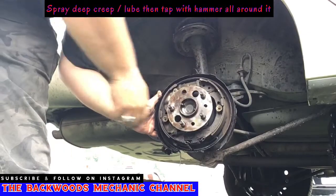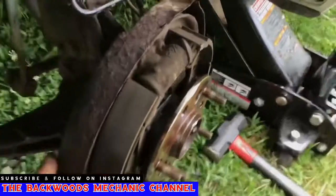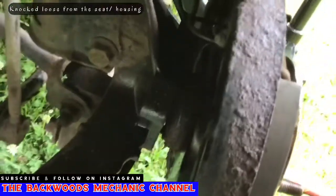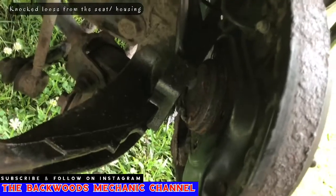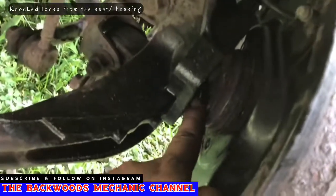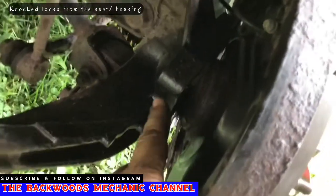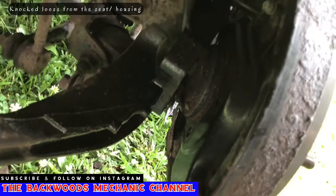Now she's loosening up for us. Now this is officially loose. You can see right here, I'll give you a behind look here. You can see where it's come loose at. It sits inside right here. We're gonna have to get this whole piece out of the way, clean that out, and then knock this out